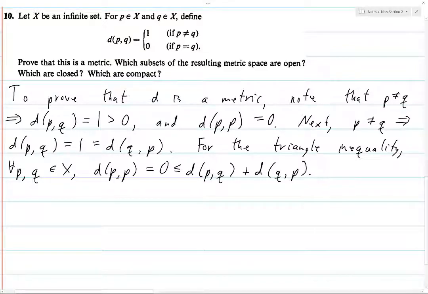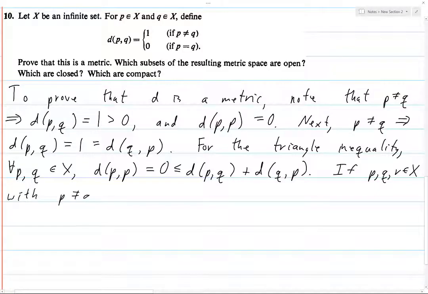Right, so the triangle inequality obviously holds here, because the triangle inequality usually looks like the distance between P and Q is less than or equal to the distance between P and R plus the distance between R and Q. And here we've just used Q in place of R, and we've used P equal to Q, if that makes sense. So I'll maybe make that a little more clear when I do the next part. Let's see here. If P and Q and R are in X,